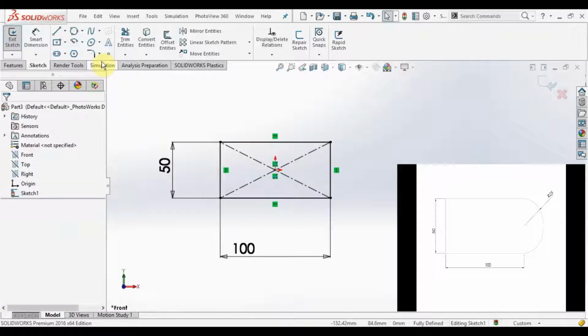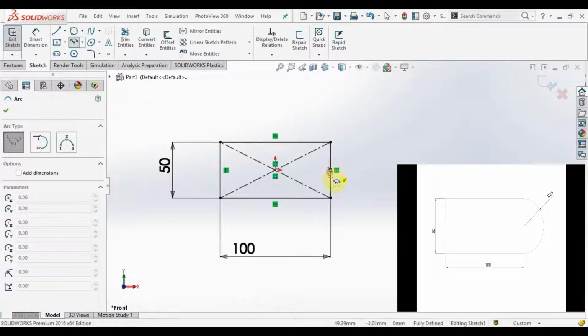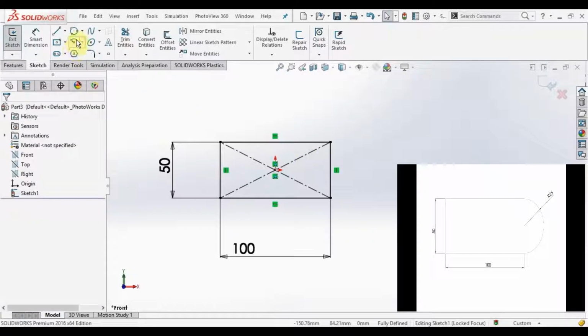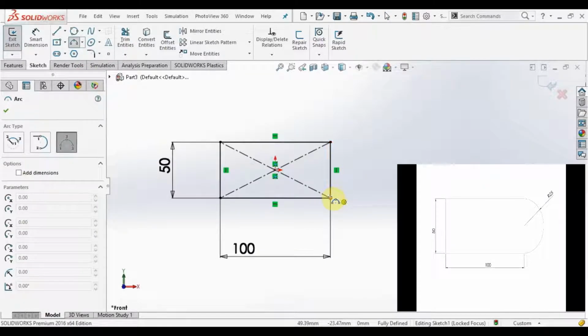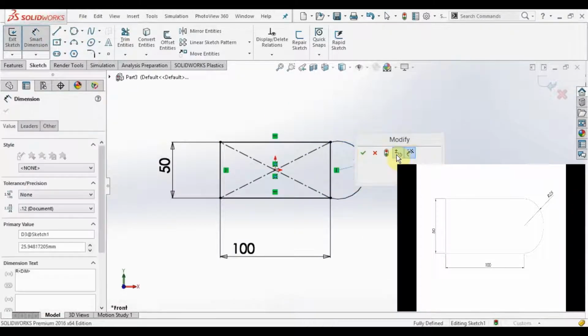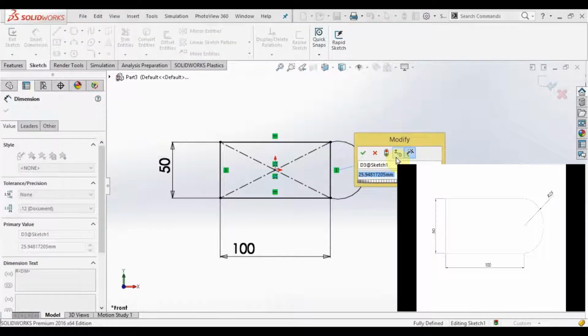Then give the dimension. Let's say 25 mm. Okay.